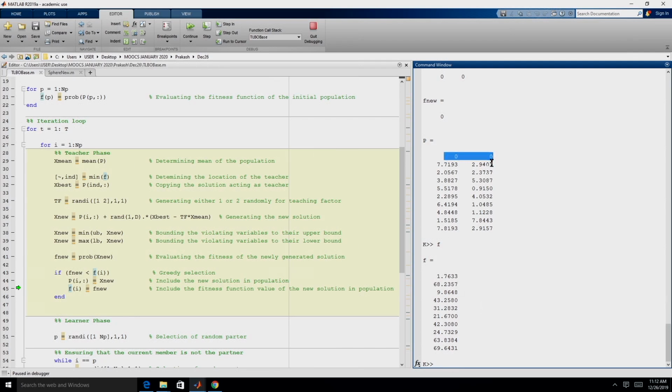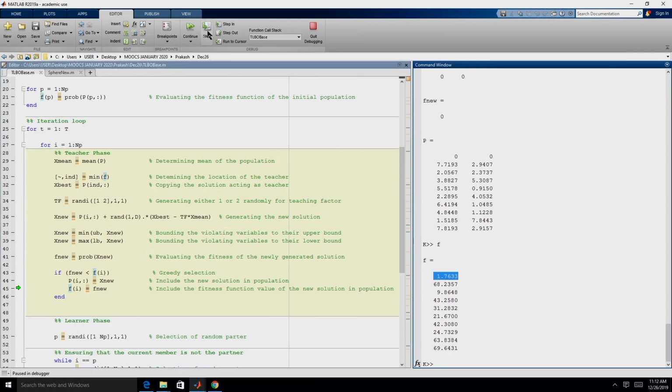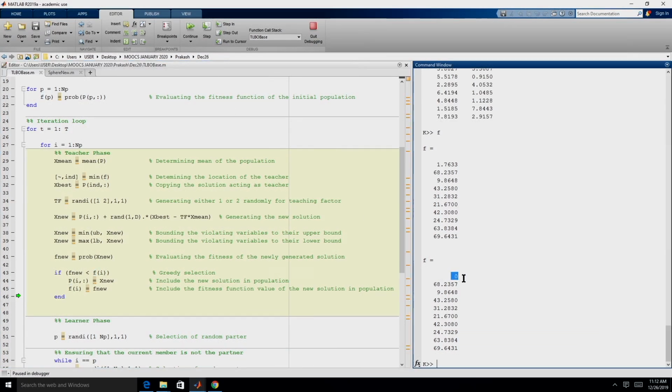The fitness of the new member is not yet updated because we have not completed the execution of line 45. Line 45 will be executed only when this arrow moves on to the next line. Right now it is ready to execute line 45. So, if we execute that, now it has been replaced. This completes the greedy selection.